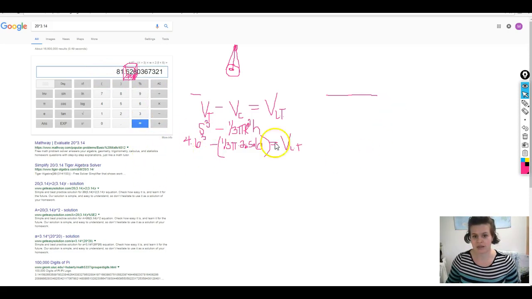And then we're going to hit enter, and that's 81.62. Is the volume that's left in the tank. And that would be cubic